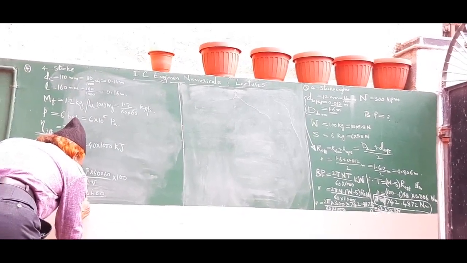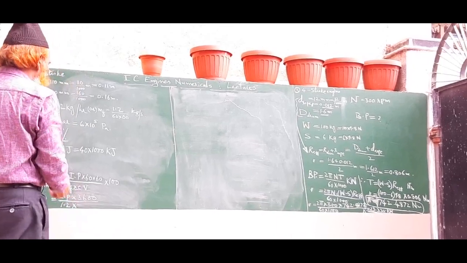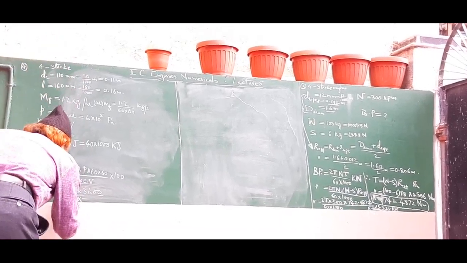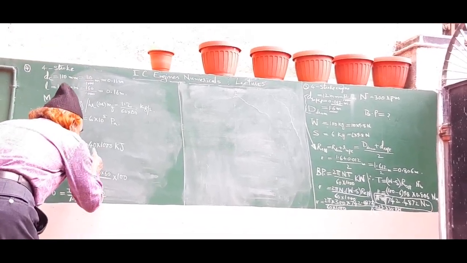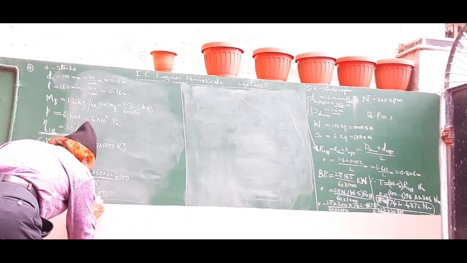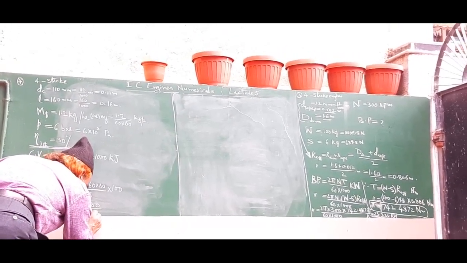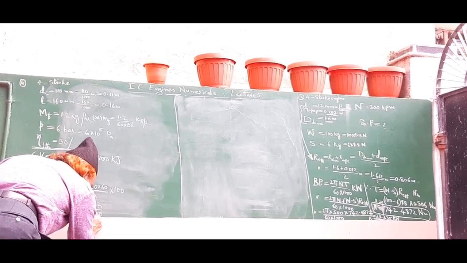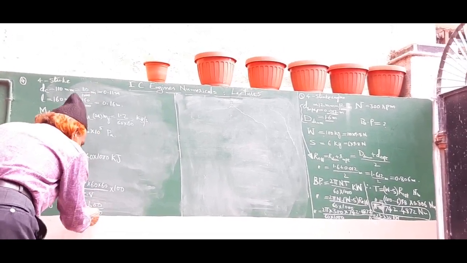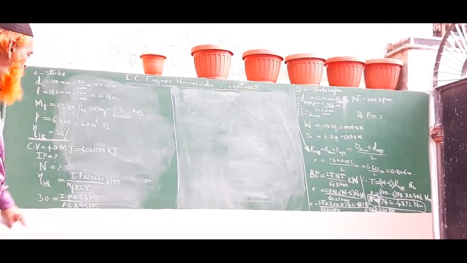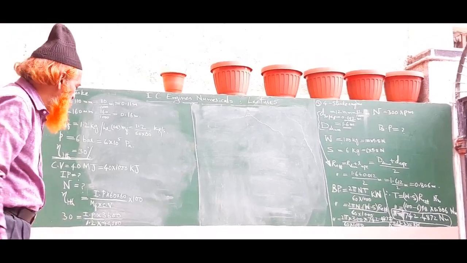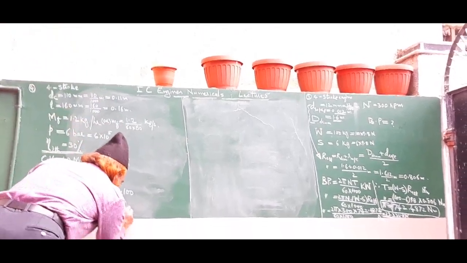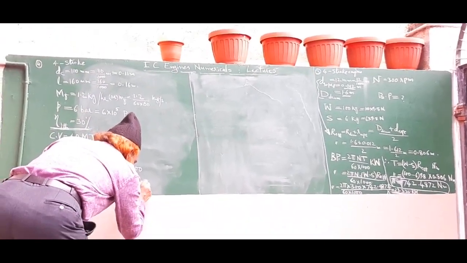Okay, calorific value to be taken in kilojoule, then IP will be in kilowatt. Therefore, calorific value in kilojoule is 40 into 1000, that is 40,000. Okay. This is what we are getting. Therefore, IP we can calculate from this.